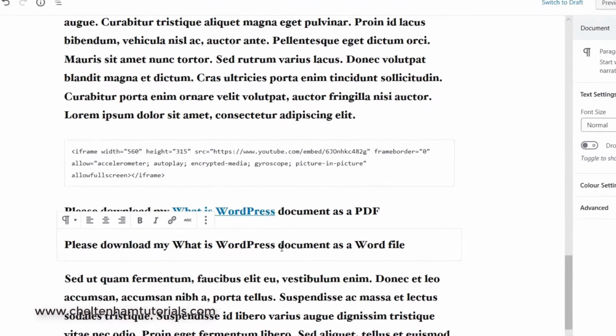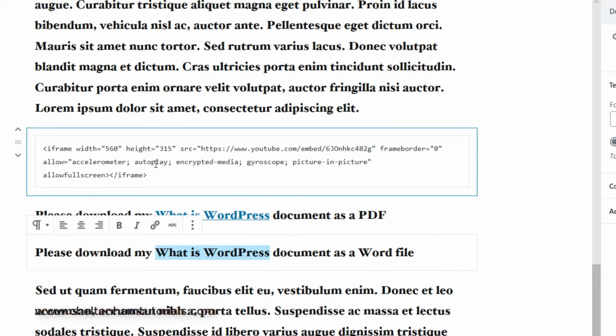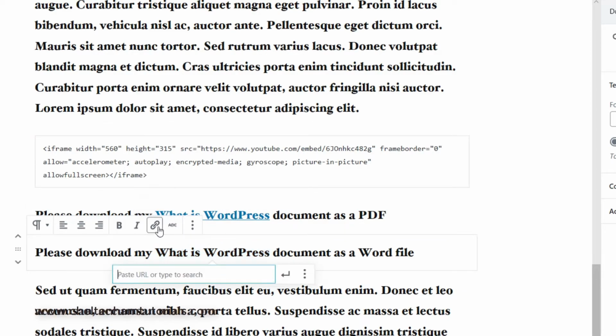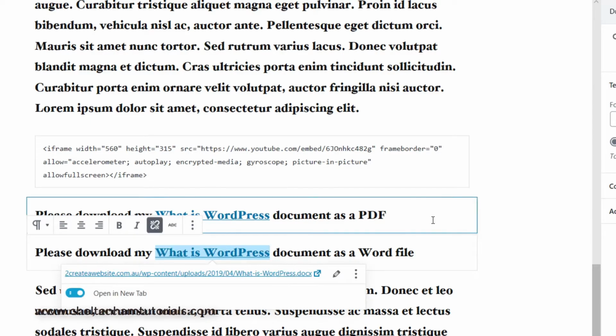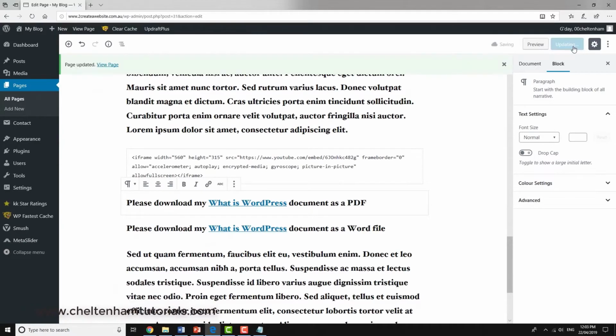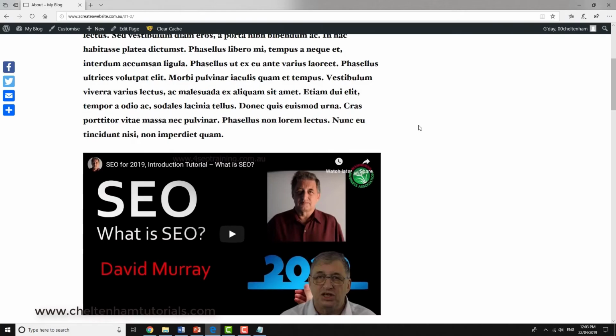Again, all I have to do is select the text that I want to act as a link. So in this case, what is WordPress? And again, I can click here and paste in the URL. And if I click on the link settings here, again, I can say, let's open this in a new window. So let's save all of that. Let's update it. Rather than click on preview, we'll actually go to the page in situ. We'll click on about, and if I scroll down here now,